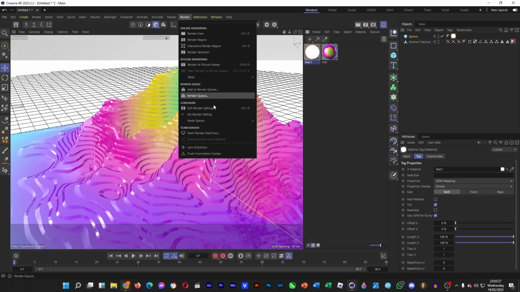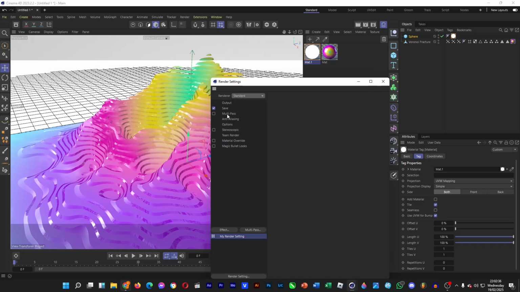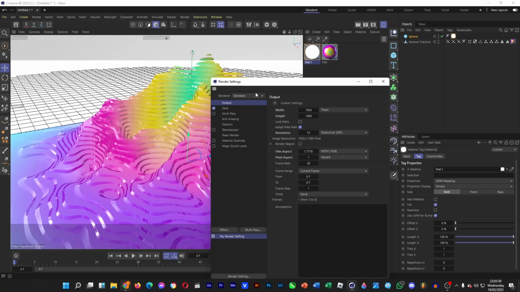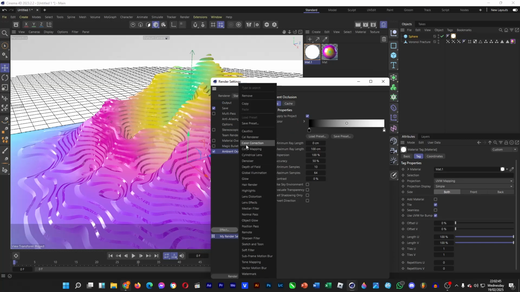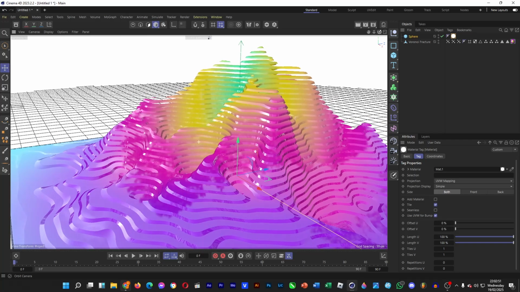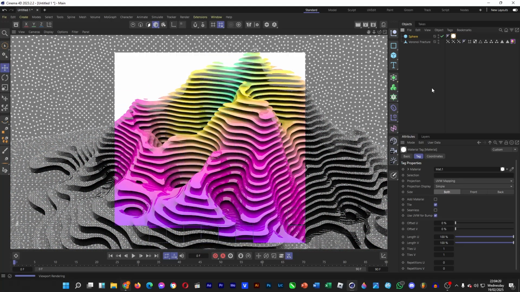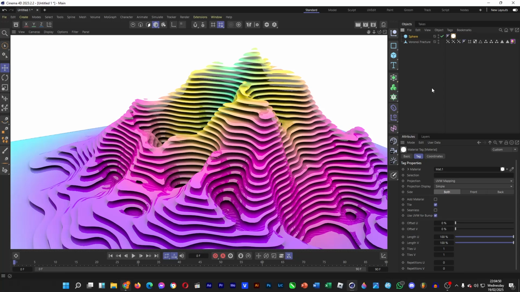And then if we go to render, edit render settings, 1920 by 1080, and then you want to have some effects such as ambient occlusion and global illumination, just like this. And then when we do a render preview, Control R, your topographic map is all set, looking really beautiful, especially with the gradient in the material that we created,